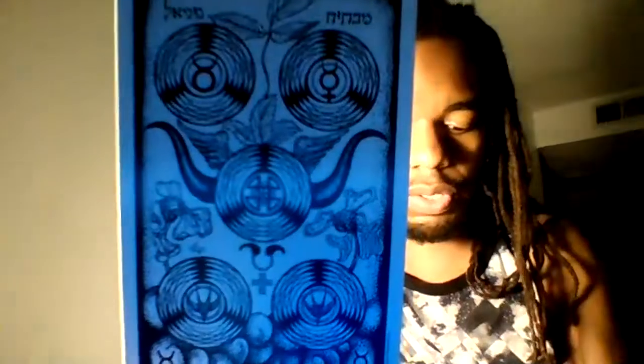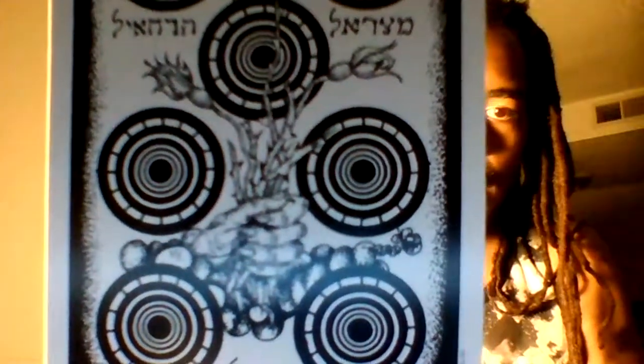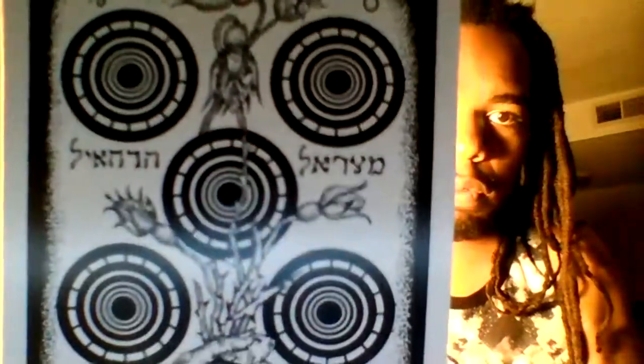But as far as a tarot deck, this looks amazing. This is tarot toward Kabbalah, not Kabbalah toward tarot. Okay, so when I'm looking at even the minor cards here, this is the Five of Pentacles. These are not too stylized with big scenes. Here's the Seven of Pentacles. We see him holding on to these sticks and straws, some flowers coming out. A lot of Hebraic writing,